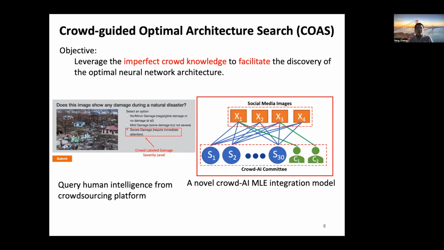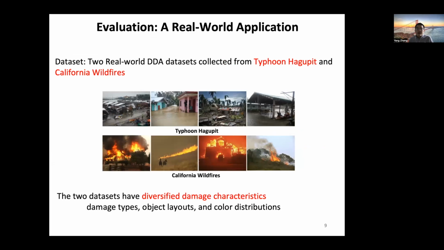Therefore, we can treat both the neural architectures and the crowd workers as data sources with unknown reliabilities that make their estimations of these unknown damage severity labels. The goal here is to estimate the reliabilities of each neural architecture and identify the optimal ones through expectation maximization.